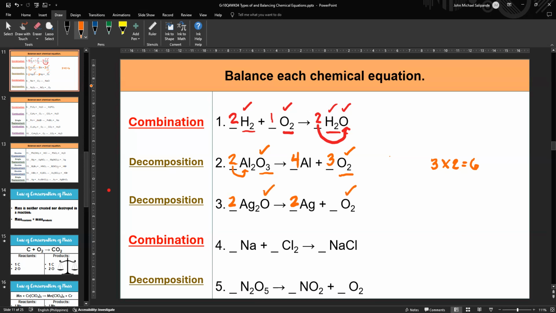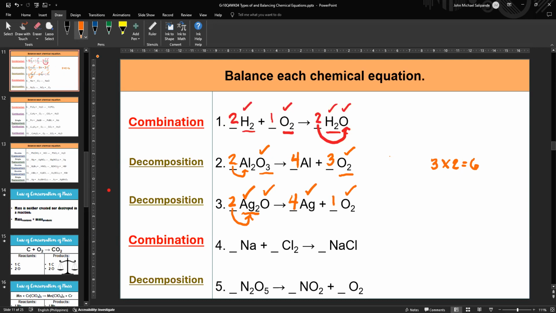So this is what I mean when I say that balancing chemical equation is largely a trial and error process. So nag-start akong mag-balance with Ag or silver, but nadamay siya, naglagay ako ng 2 sa Ag2O when I balance oxygen. So as a consequence of that, buburahin ko yung 2 sa Ag here. Okay? Now, since nadamay si silver here, there are now 4 atoms because 2 times 2 equals 4, and there's only 1 silver atom at the product side. We have to multiply Ag here by 4. And with that, balance ang lahat. So for O2, I would like to write 1.